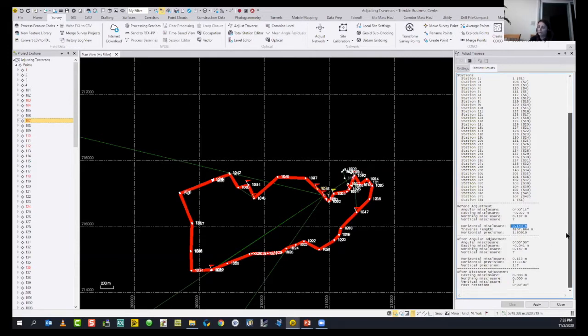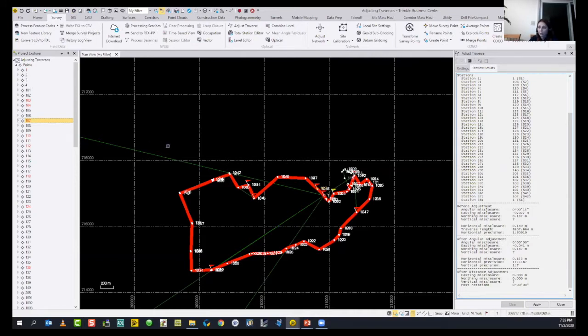If you are fine with the results and all your settings, you can hit apply and create this traverse. If you're unsatisfied with the results, you can go to project settings and change your tolerances.